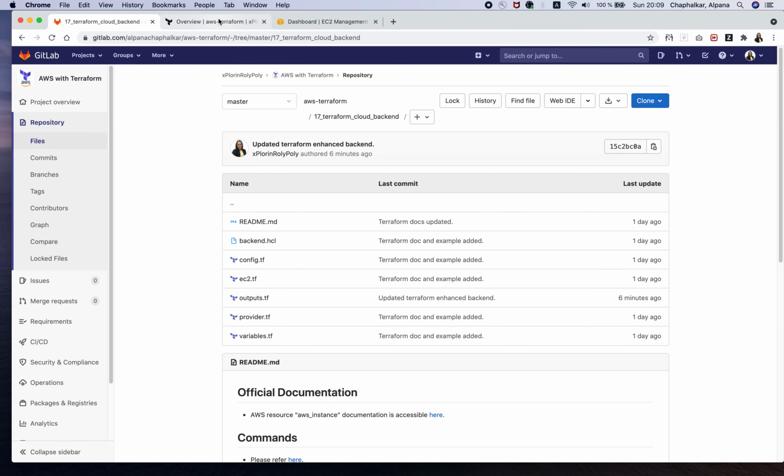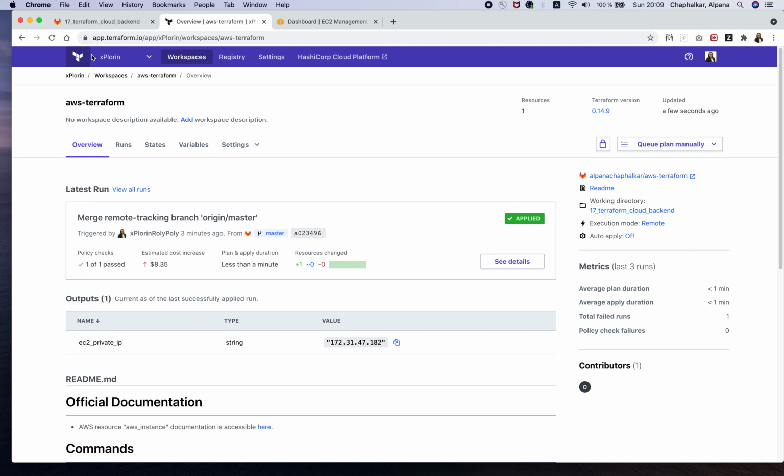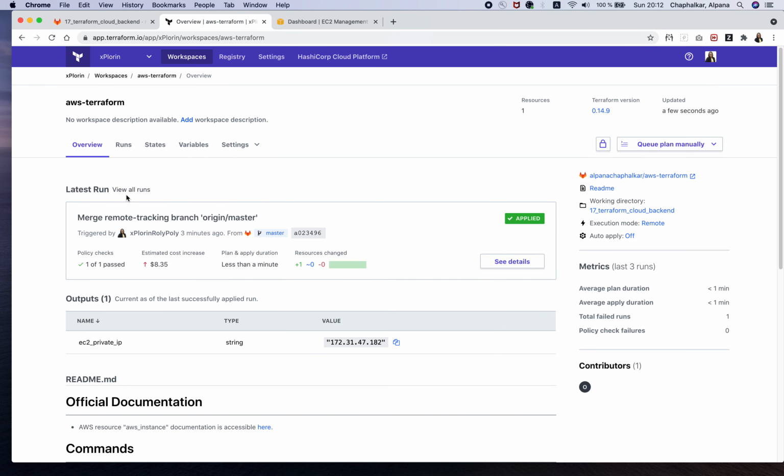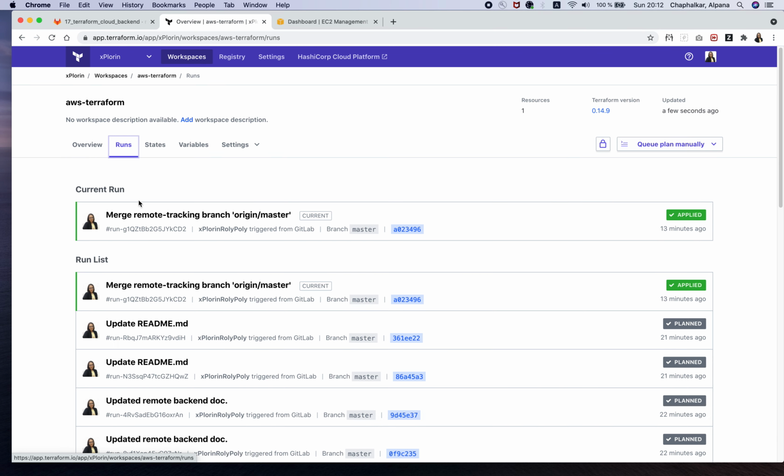I have already configured the organization and the workspace in the Terraform Cloud. So the workspace is linked to this GitHub repository, and it is actually linked to this folder in the repository. So this example or this resource will be provisioned. To configure these workspaces and organization, you can take a look at the official documentation of the Terraform and the Terraform Cloud. So in the runs, basically, it's like a pipeline.